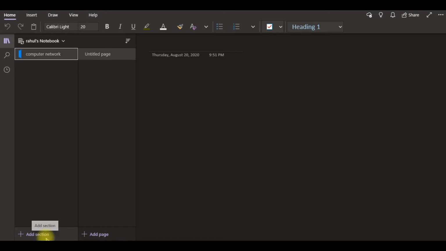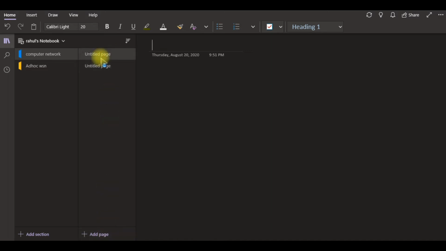So I'm adding one more session, that means I'm adding one more subject. I'm having ad hoc wireless sensor networks, right? So I created two notebooks, actually two sessions. Now inside the computer network I can create pages, so add pages.